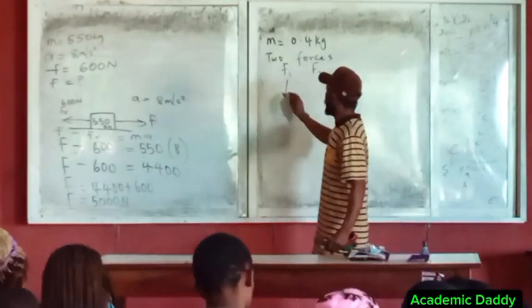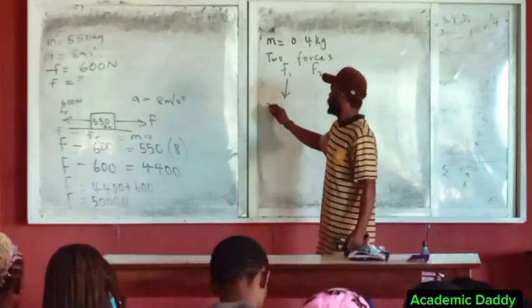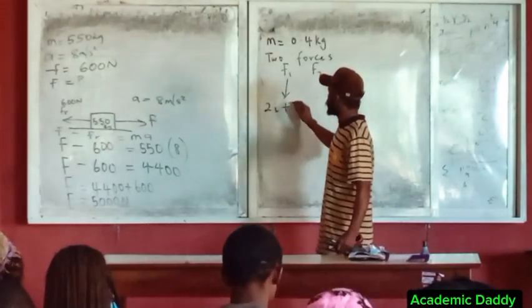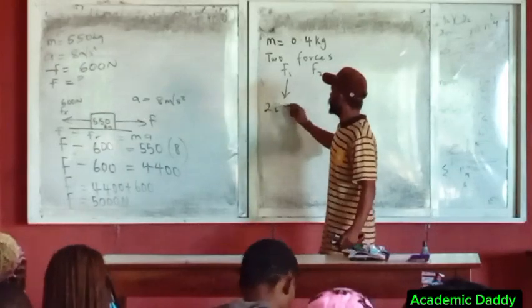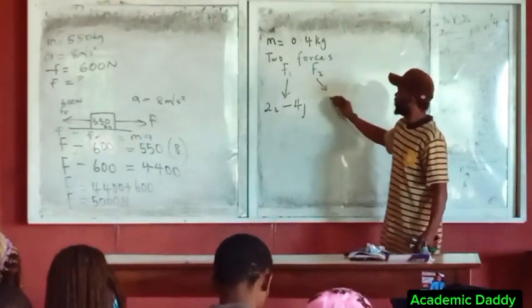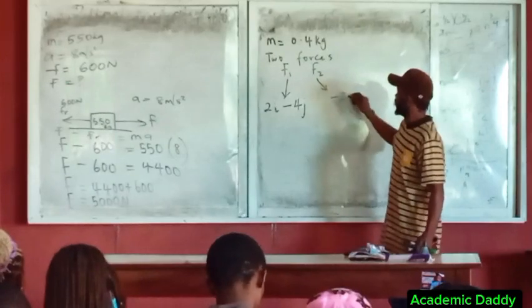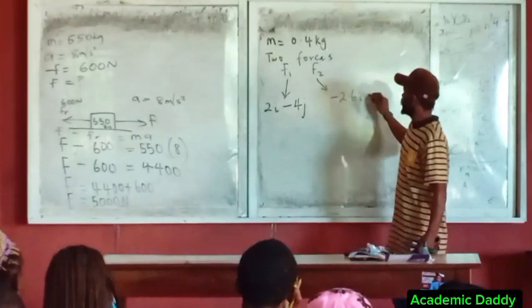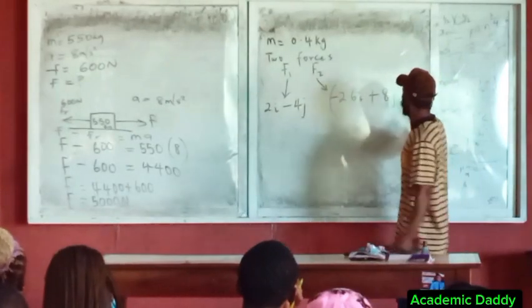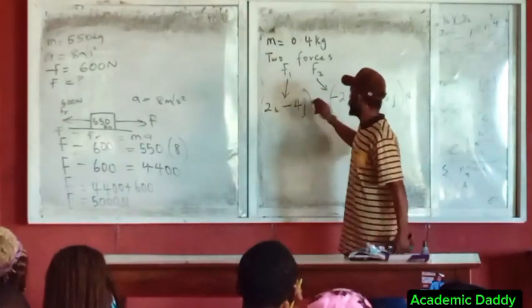One, give it for F1. If it is a vector, 2i plus 4j. And F2 is equal to minus 2.6i plus 8j, all in Newton. If the particle starts from rest,